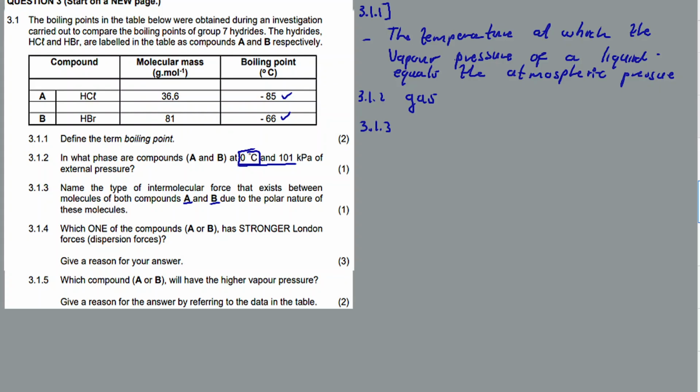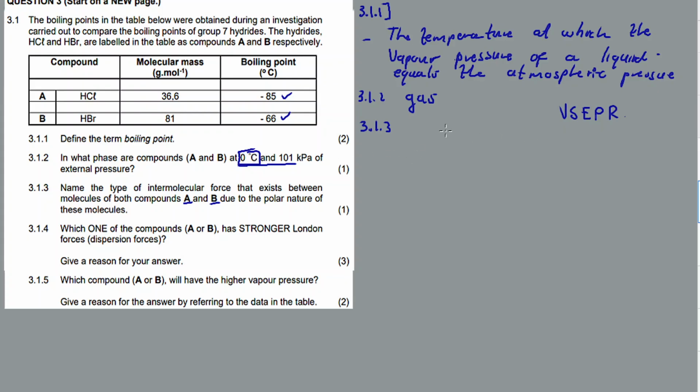So these compounds, our hydrides, hydrogen chlorine and hydrogen bromine, these molecules are linear according to the valence shell electron pair repulsion theory, VSEPR theory. So take note these are linear molecules, and there's not much polarity between the ends of this linear shaped molecule.